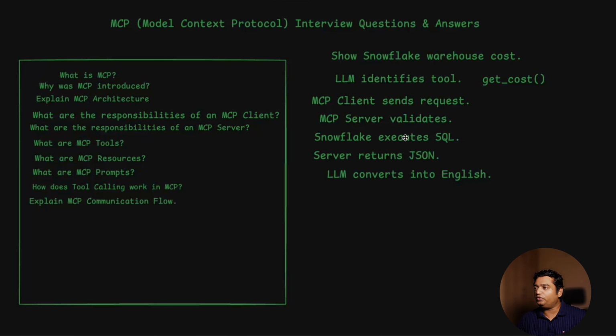It executes the query in Snowflake. The server returns the JSON, as I mentioned in some part of this video. Like the output is returned in just JSON format. It returns the JSON format to the client, and it goes to the LLM, and that LLM converts the JSON answer into English. Because if you get an answer in JSON format, that doesn't look good. So to make it a better English format, the LLM converts it into English and gives you the answer.